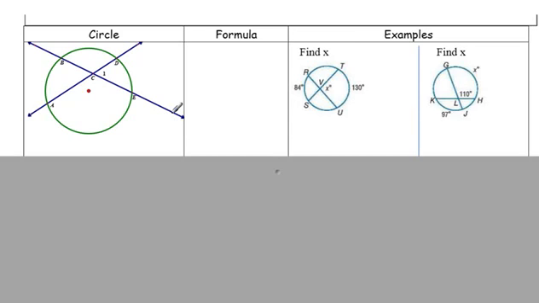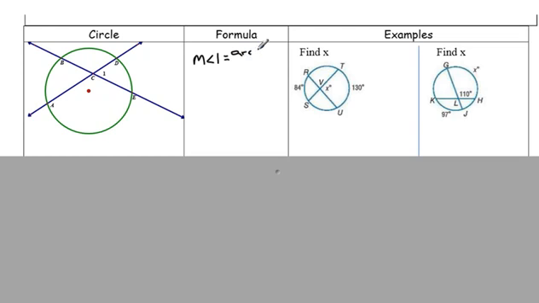Okay, so this particular chapter is on finding angle measures within a circle, whether they're formed by secants, tangents, or just chords. So this is an example of two secants, and the angle is not in the center of the circle, it's not on the circle, so it's not an inscribed angle, it's just an angle formed by a secant and a secant. So if we are looking for the measure of angle 1, the formula for this type of angle is